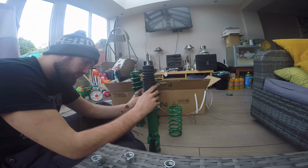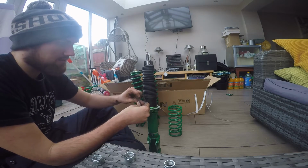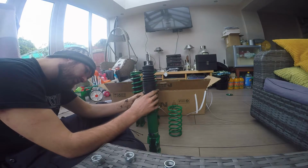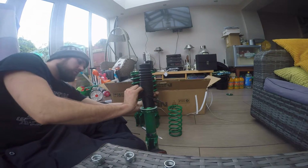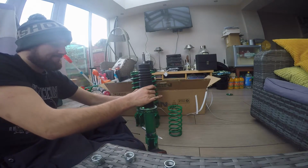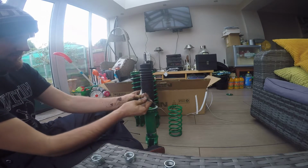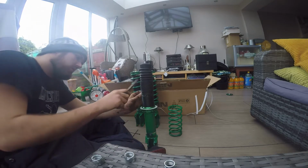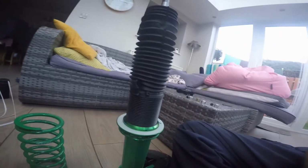And before anybody says anything, I did check the part numbers on the boots. They're all the same, so it doesn't matter which one you put on which, because if I got that wrong, that would do my head in. So pleat that back. Remember, it's a cable tie, so you want to get it tight, otherwise it's completely pointless. Just so you know, that is kind of a pleat. Not a very good one, but it's